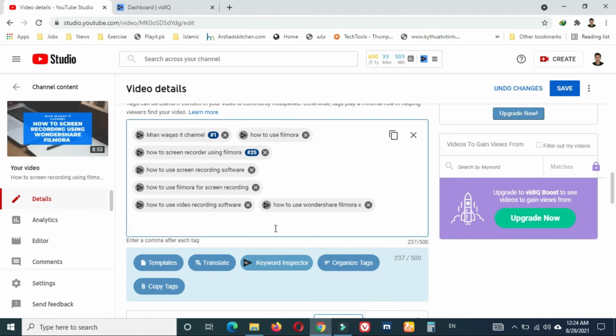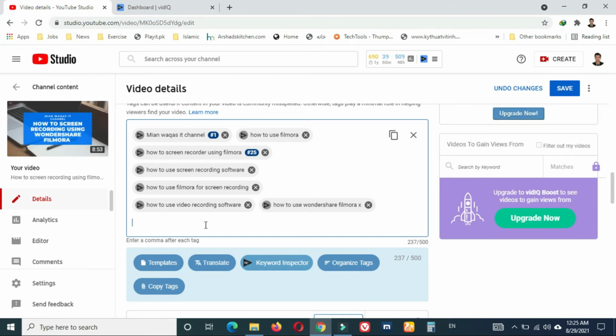You can see this is 500 words. You can type in this box. I have written only 237 words in this box. We can add tags.